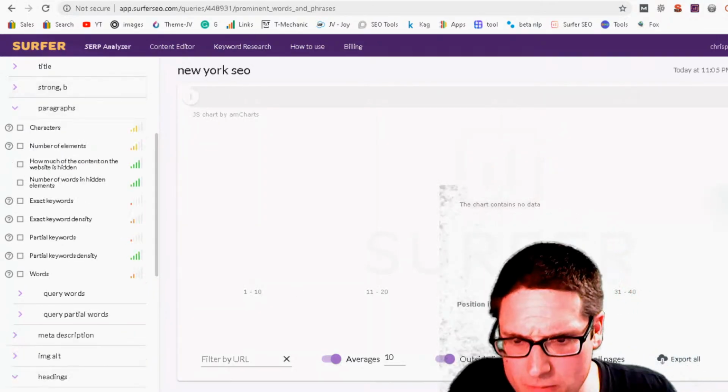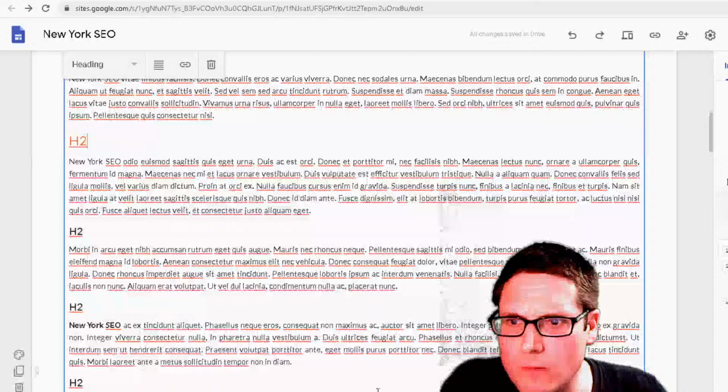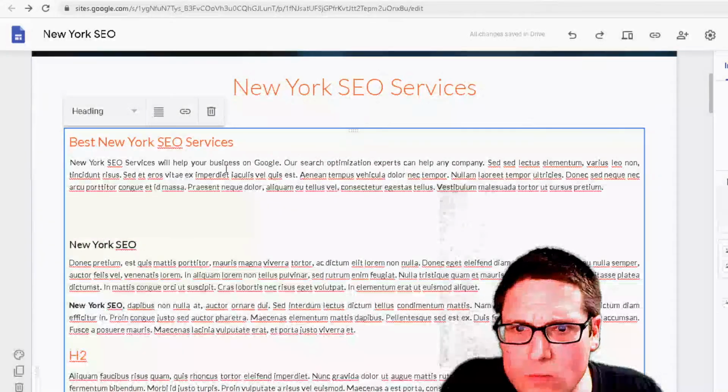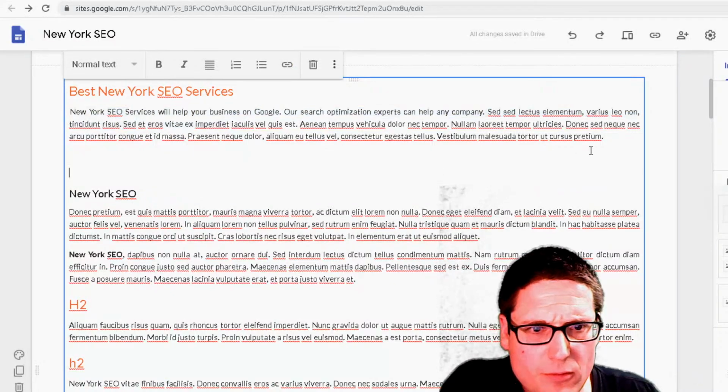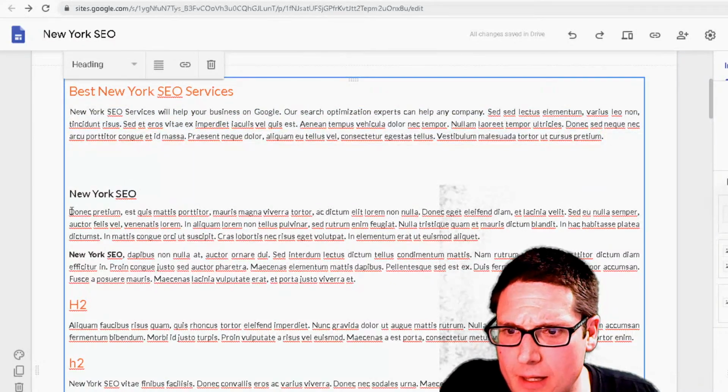All right, so let me go over here. Keep that. That's our 40. We know that above the fold, we need this. We need that. All right, so